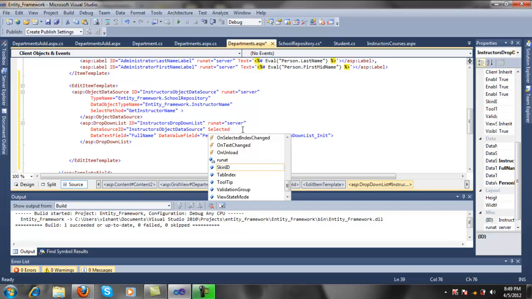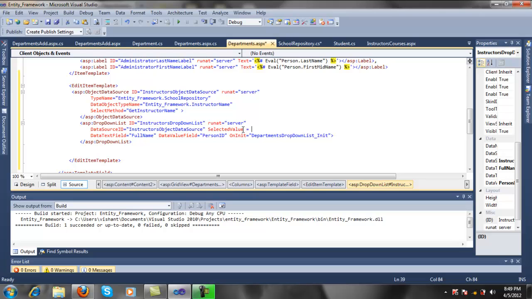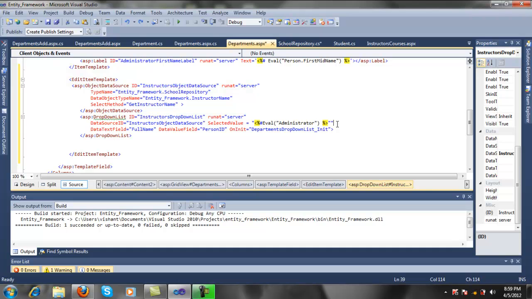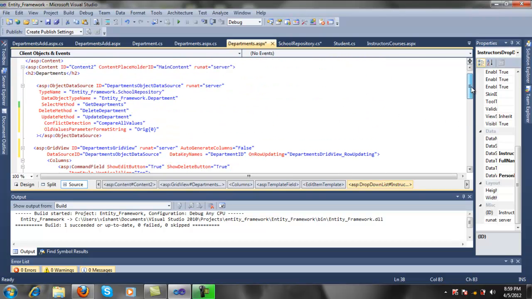Select that value equal to administrator. Here